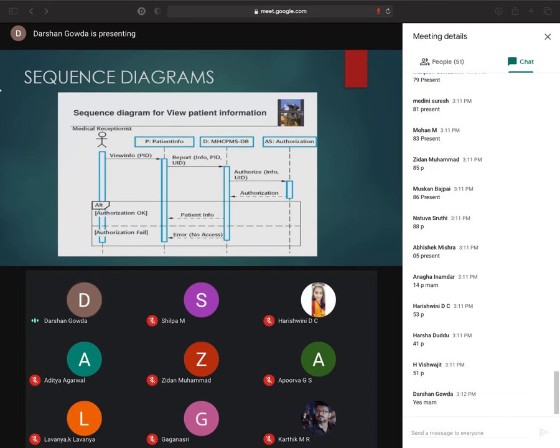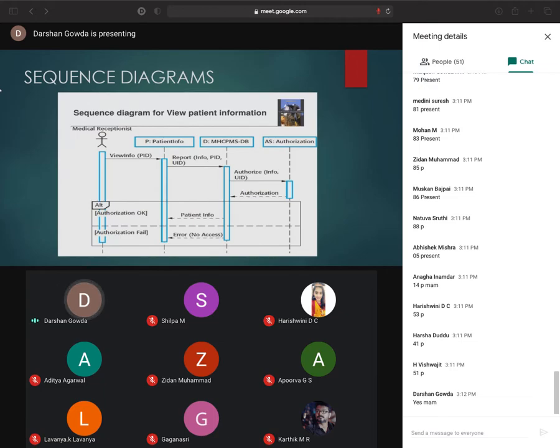In the figure, firstly, the medical receptionist triggers a request to view the patient's information by giving the patient ID, PID, from the database.